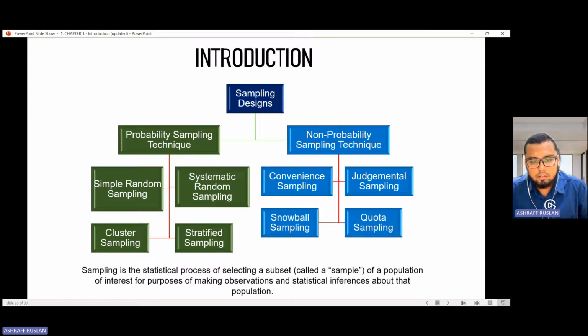So before that, sampling tu sendiri adalah apa? Ni pun kerap kali ditanya, what is sampling, what is population? Tu pun banyak. So dalam jargon tadi pun kita dah tengok ada. So student, you need to go through the definition. Okay. So secara mudahnya sampling is you taking subset from a population. Population ni paling besar. Okay, the biggest one is the population. Let's see macam ni lah, populasi rakyat Malaysia.